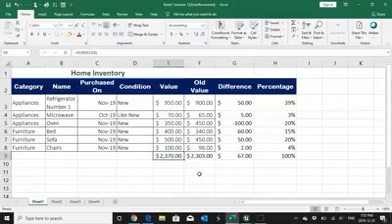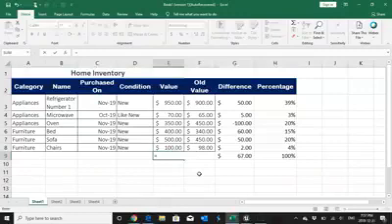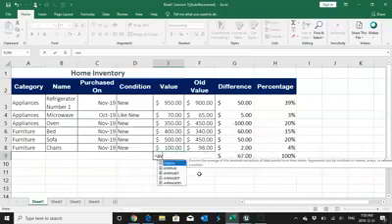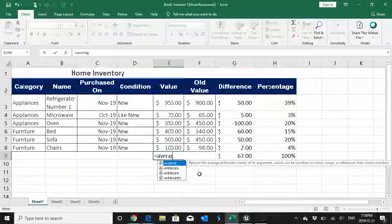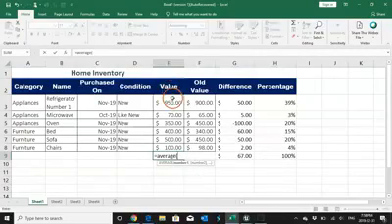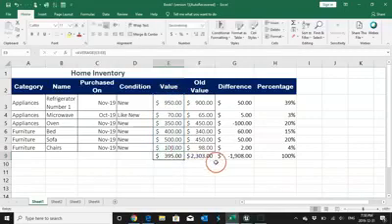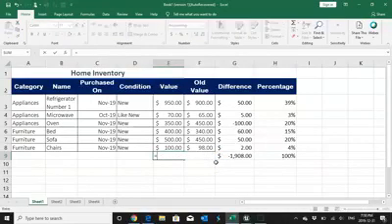So the basic structure to use a function is: first press the equal sign, then think what calculation you want to do, whether you want to do the summation or find the average. If you want to find the average, just type AVERAGE, open bracket, select the range, close bracket. I got my average. So there are 3 steps we need to follow for a function: one, press the equal sign, then apply the function which you want to use, and then select the range.